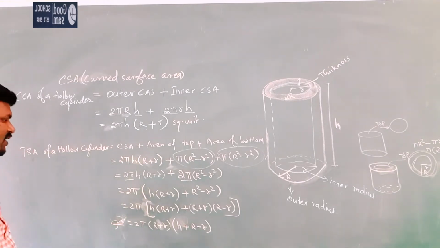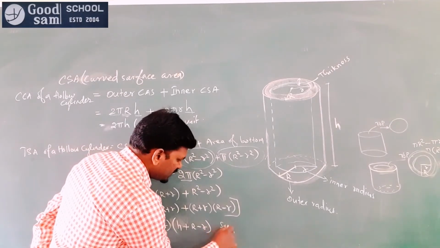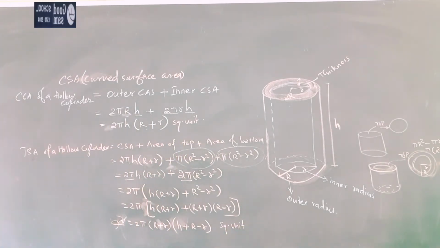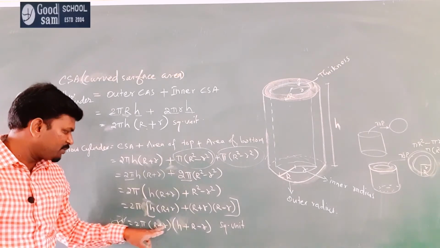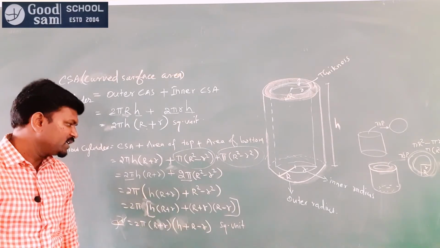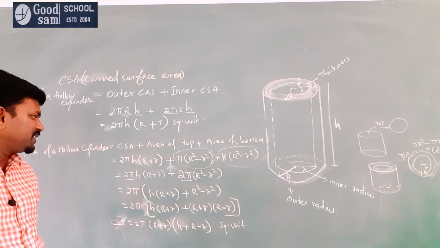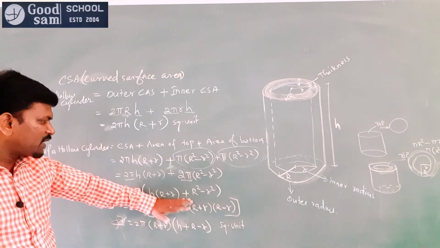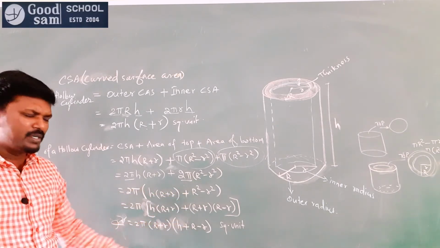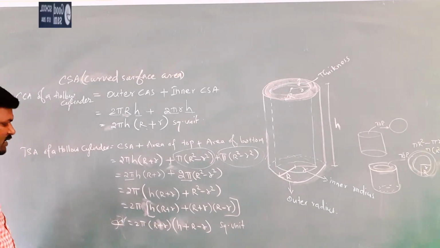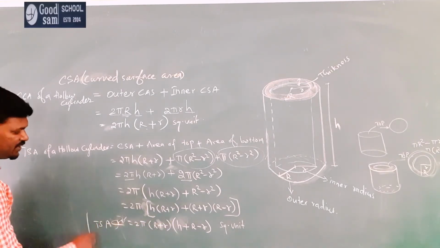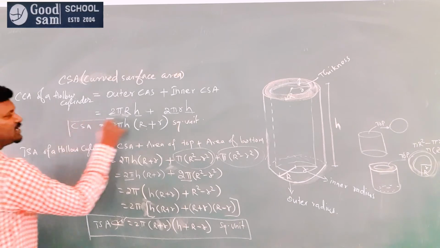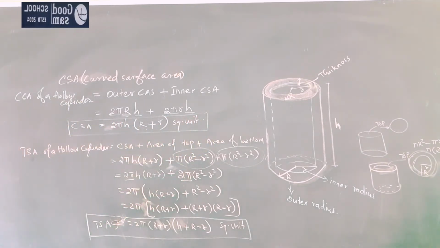So this is the formula to find the total surface area of the hollow cylinder. So 2 pi (R plus r)(h plus R minus r) is the total surface area of a hollow cylinder. Without doing this in so much detail, if you want, you can apply the earlier form here too, but it will be very simple to simplify the numbers this way. So this is the formula to find the TSA of a hollow cylinder, and there is also the CSA of the hollow cylinder formula.